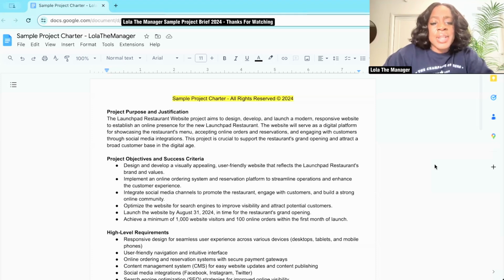So we want to design and develop a visually appealing, user-friendly website that reflects the Launchpad restaurant's brand and values. We want to implement an online ordering system and reservation platform to streamline operations and enhance the customer experience. We want to integrate social media channels to promote the restaurant, engage with customers, and build a strong online community. We want to optimize the website for search engines to improve visibility and attract potential customers. We want to launch the website by August 31st, in time for the restaurant's grand opening. And we want to achieve a minimum of 1,000 website visitors and 100 online orders within the first month of